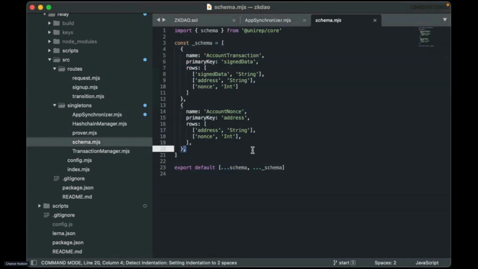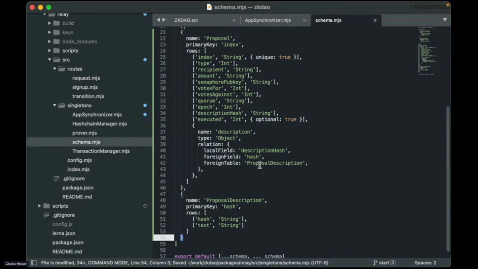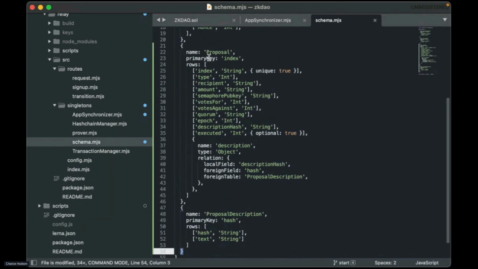So in this application, we have this schema. As you can see, we have this built-in thing. We have a transaction manager that will handle nonce management for a wallet. And so we're going to extend the schema. I'm going to copy and paste this in because I feel like this is going to take much longer than I expected. Right, so we have a proposal object, which has all these fields that we defined in the contract.